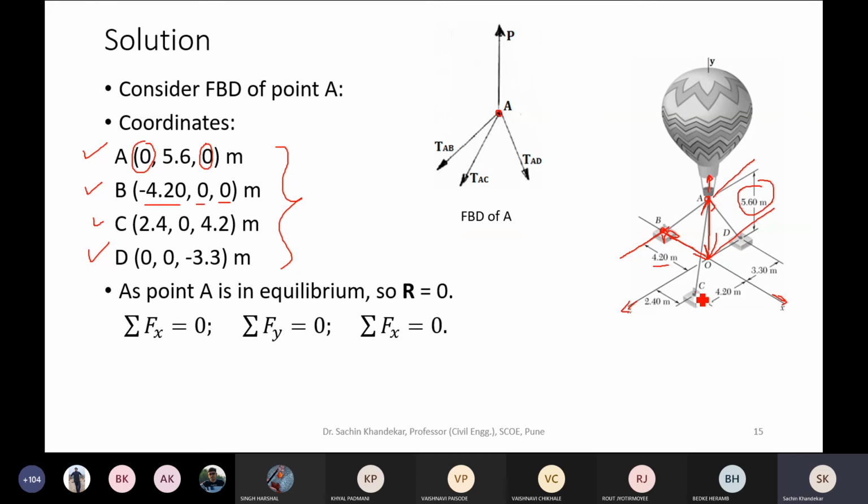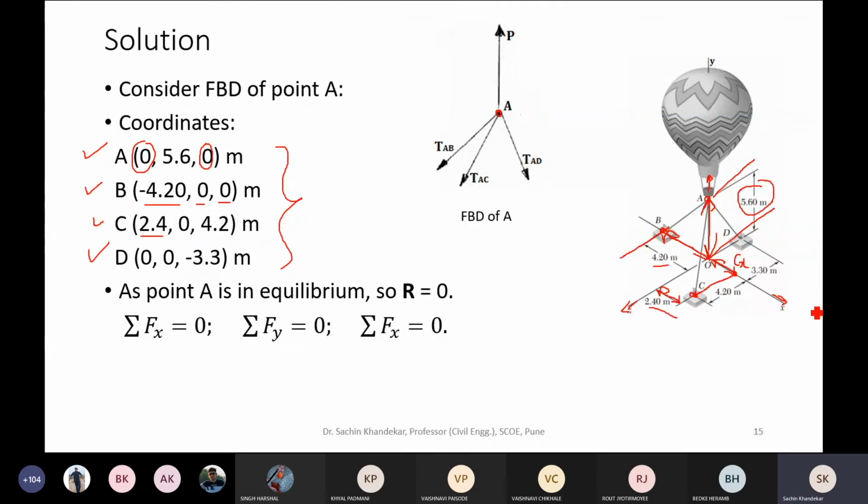Next, point C. Where is the point? Yeah, this is the point C. Okay. So point C is in xz plane. So no doubt its y coordinate must be 0. So what about x coordinate? To know the x coordinate, take the projection of point C on x-axis. So suppose Cx is this projected point, and then measure the distance between origin and point Cx. So this is the distance we need. So how much is this distance? It is given here. It is 2.4 meter. Of course, plus 2.4 meter because it is on positive x-axis. So plus 2.4 meter. Correct.